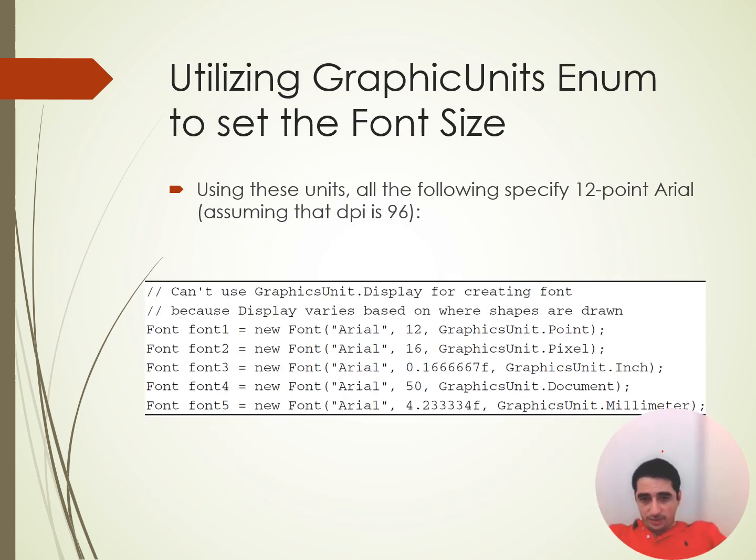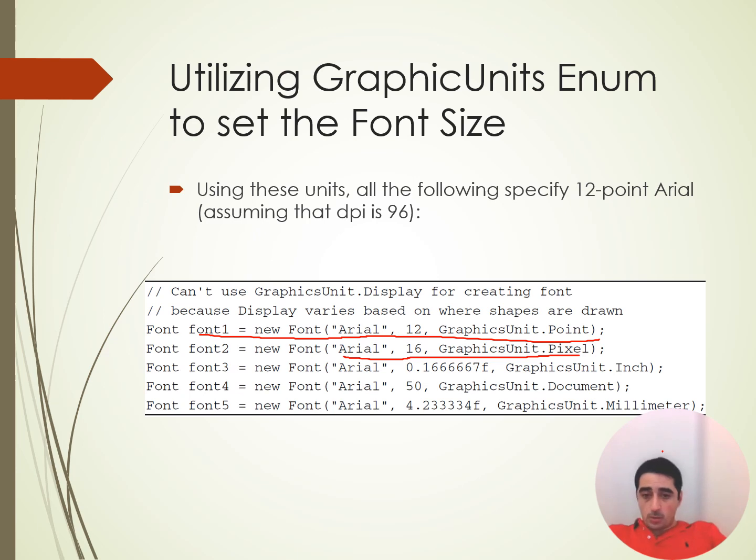And here is an example of using graphics unit enum when you're creating a new font. For example, this font 1 is equal to an Arial font with the size equal to 12 points, because I use graphics unit.point as its last input parameter. Then the next one is the same typeface, but the size is 16 pixels. If we assume the DPI is 96, that 12 points and 16 pixels are the same, as I showed you a few slides ago,